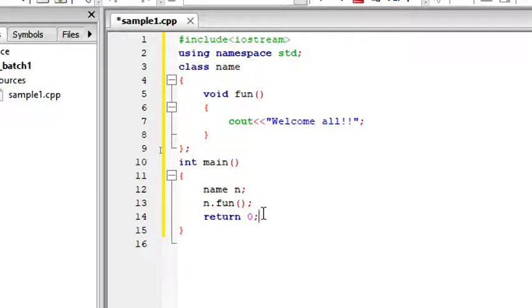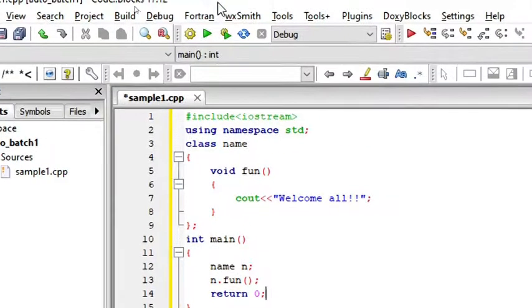That's it. Now let's see the output. Okay, we have a shortcut, build and run, with this. Oh, we have an error. Anything that you see over here like a red color box represents that we have an error in this line or above this line or below this line. Let's see what it is.